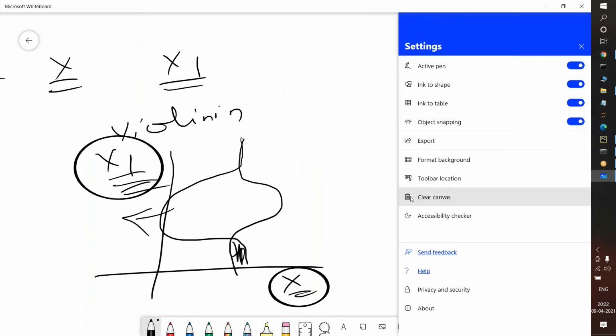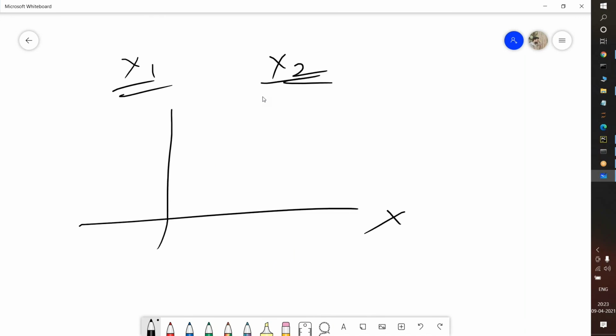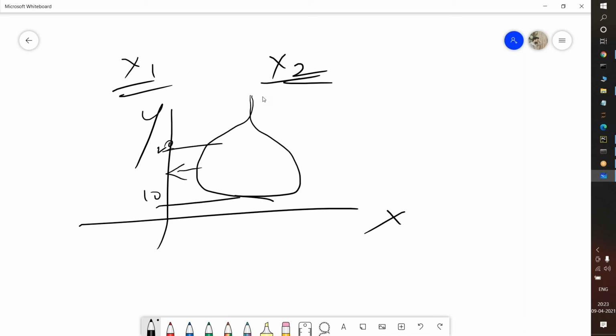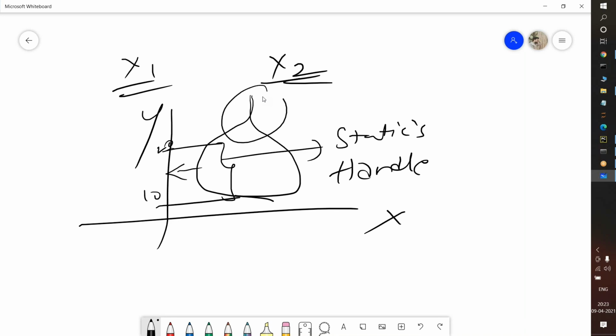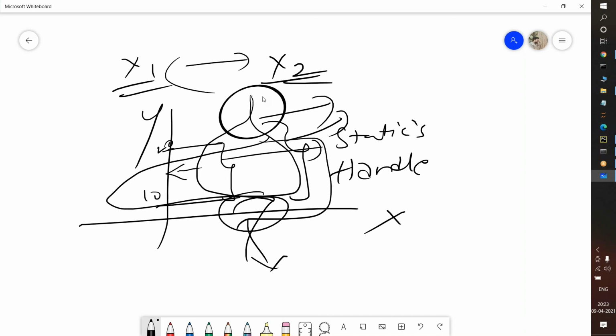Suppose I am passing x1 and x2, or x and y. I consider this an x, and this a y, and suppose my data is in this shape from 10 to 20, the shape is increasing like this. On this particular area only, I can apply statistics concepts to handle the data. I will just remove this part because I don't want it, because these two columns depend only on this entire region, as the shape is increasing like this in the violin plot. So for that purpose, we can handle the data.